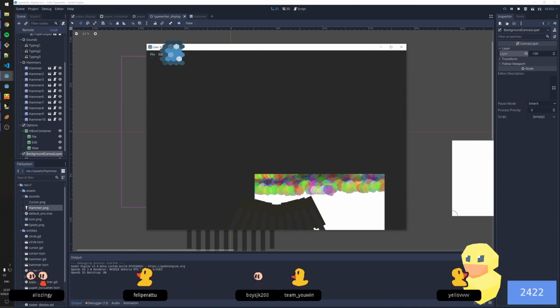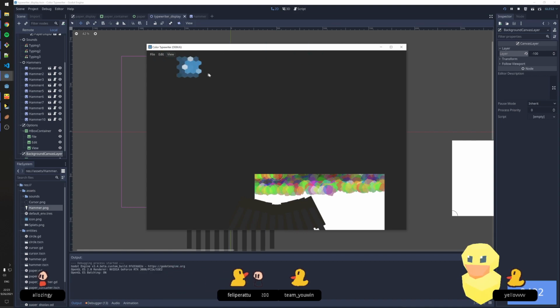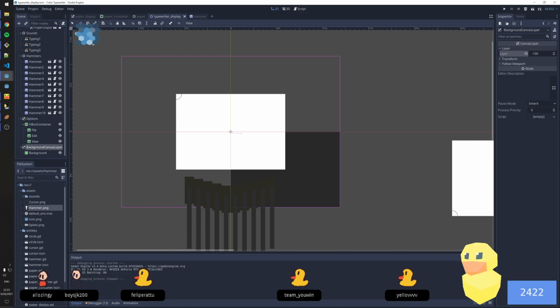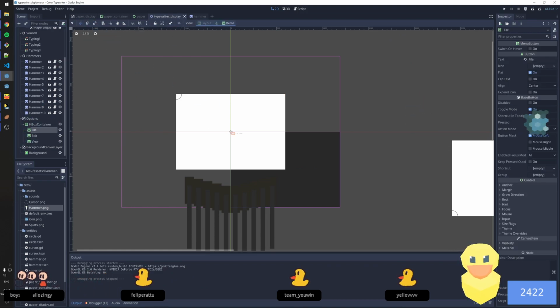Now I just need to implement these options, and this is more or less done, I think, right? And then also make these,